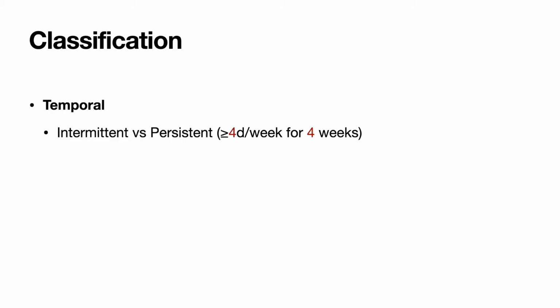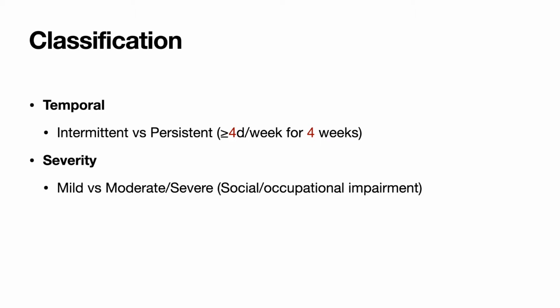Classically, allergic rhinitis has been divided as seasonal allergic rhinitis or perennial allergic rhinitis. However, not every type of allergic rhinitis falls neatly into one of these categories. As a result, today, allergic rhinitis is divided by the intermittent and the persistent types, where persistent is defined as symptoms for 4 days or greater per week for 4 weeks. Allergic rhinitis can further be divided by severity, with moderate or severe disease distinguished by a component of social or